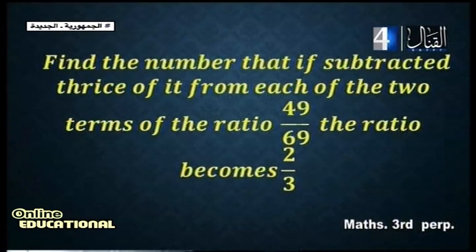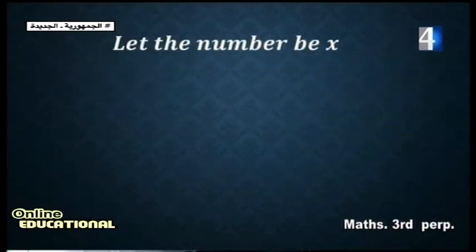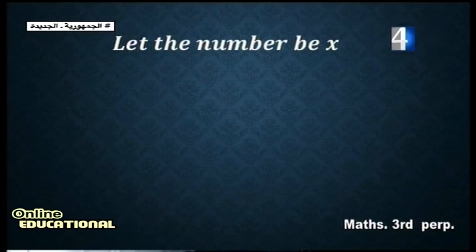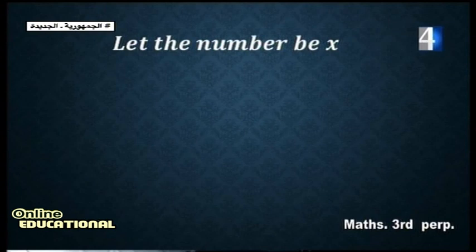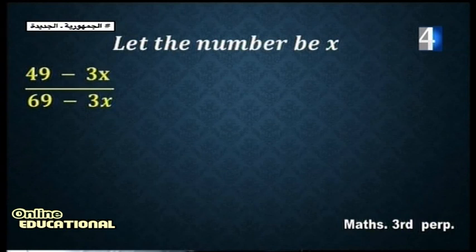So find the number that if subtracted thrice of it from each of the two terms of the ratio 49/69, it will give a ratio as 2/3. First of all, we are going to let the number be x. The ratio is 49/69. We are going to subtract thrice this number. The number is x. What about thrice the number? It is 3x. So we are going to subtract 3x from both terms of this ratio. So it is (49 minus 3x) over (69 minus 3x), giving a new ratio